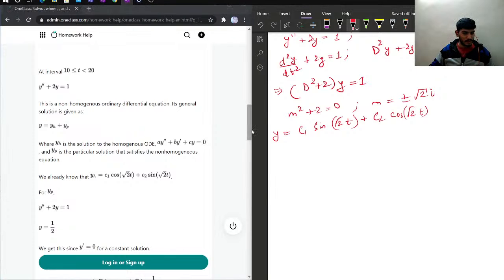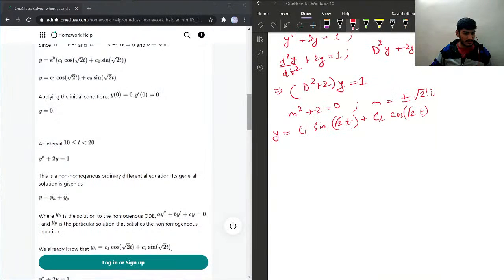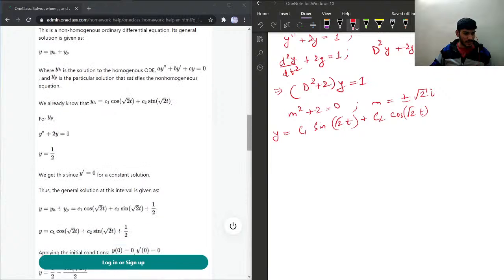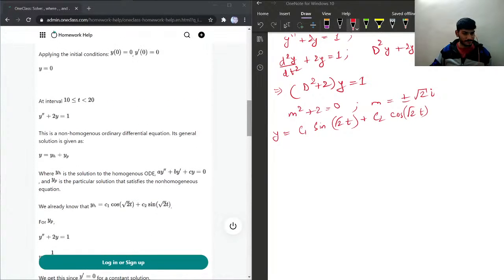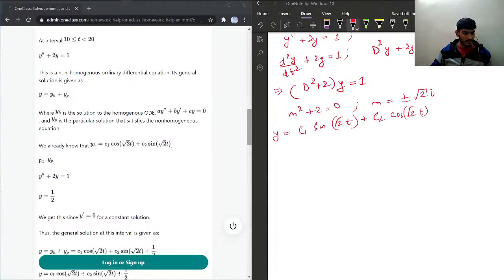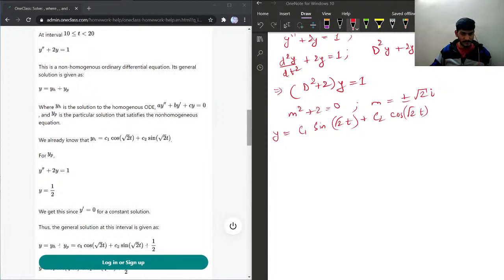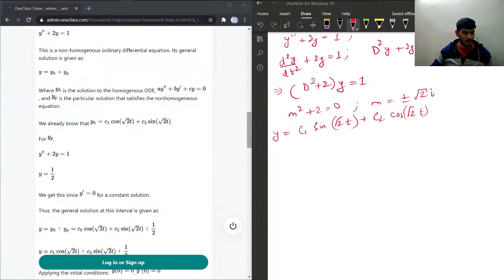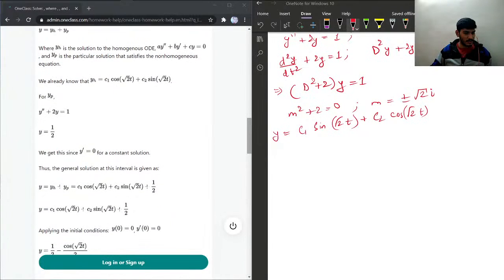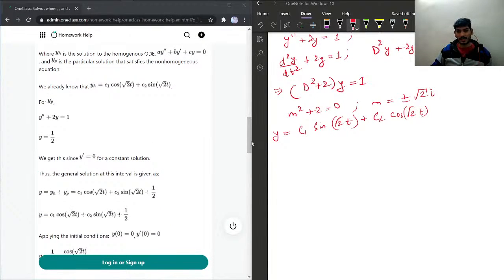And then for the constant term, let me just verify this. They have taken yp as the particular solution, which satisfies the non-homogeneous equation. So this is the general solution, which has the c1, and for the particular integral, what we'll do is that we'll just divide this,